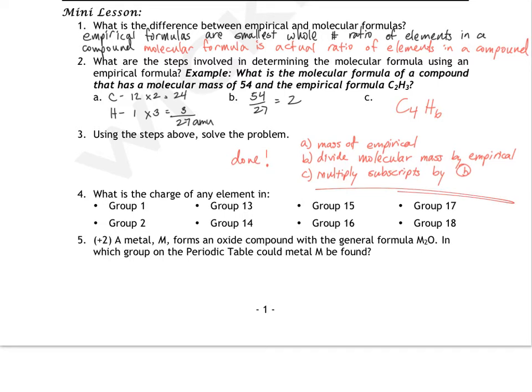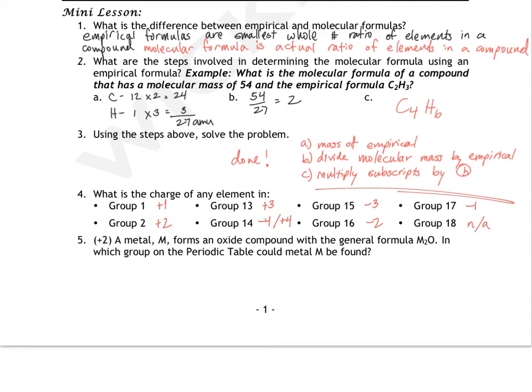All right, so let's talk about the charges that any of these elements in these particular groups might have. So if you're in group 1, you're likely to lose an electron and have a charge of positive 1. Group 2 would be positive 2. Group 13, positive 3. And group 14 could either be negative 4 or positive 4. And that's because in group 14, you have 4 valence electrons, and therefore you could go either way. If you were in group 15, you would have a charge of negative 3. Group 16 would be negative 2, 17 negative 1, and group 18 would have no ionic charge,